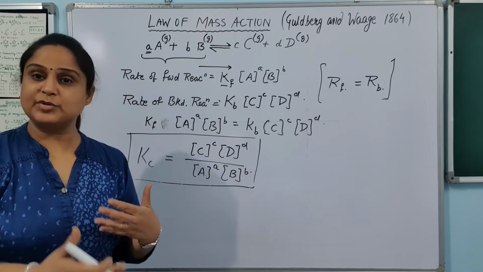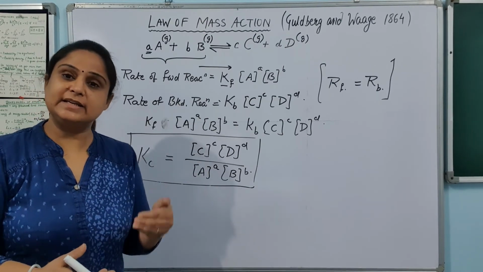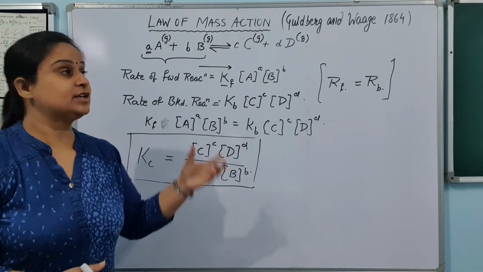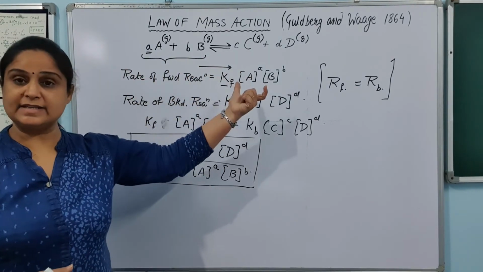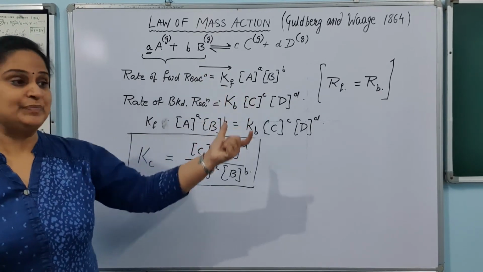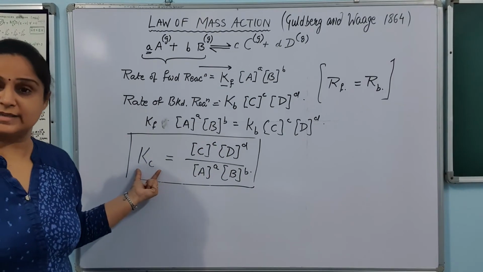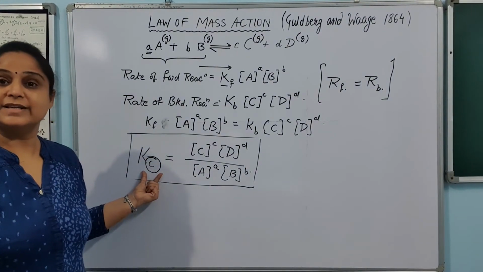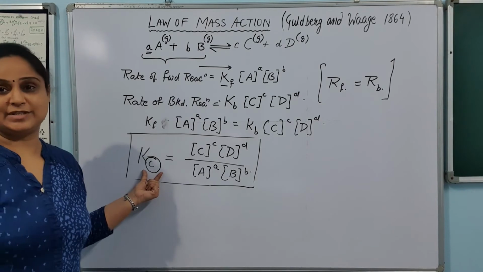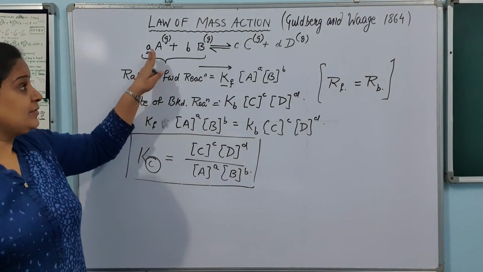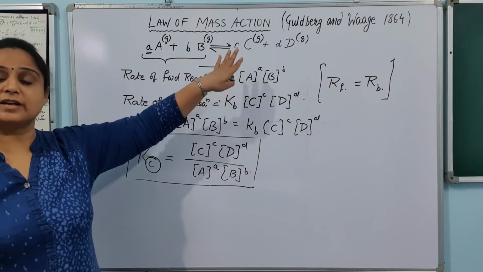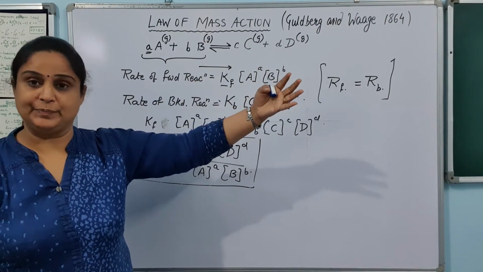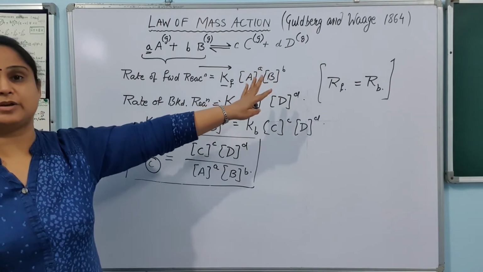ठीक है, या कैसे प्रोसीडिंग हो रही है, the concentration can be easily calculated using the term partial pressure of these gases. तो अगर ये रिएक्शन आपकी गैसियस स्टेट में है, then what we have to do, then we are not going to use this term Kc, क्योंकि Kc में this C means when the concentration is taken and then the equilibrium constant is calculated. But when we are taking the pressure of the gases, because we are considering the gaseous phase and we are calculating the pressure, then how can we find out the equilibrium constant.